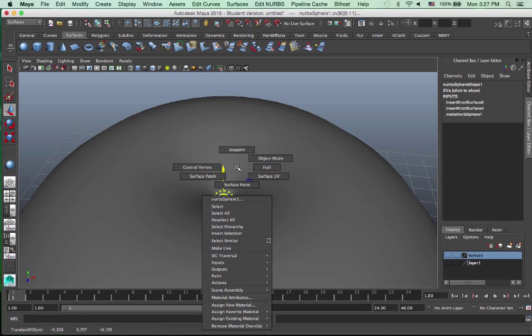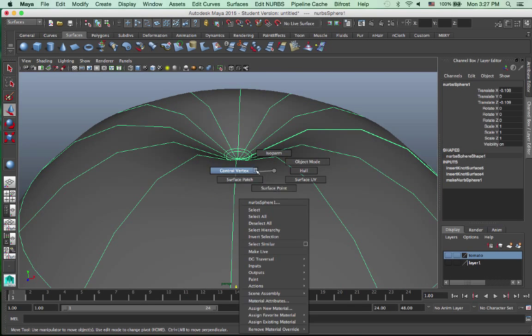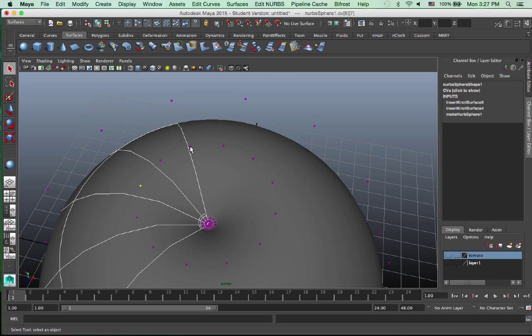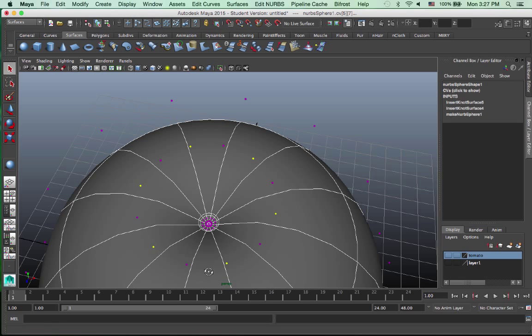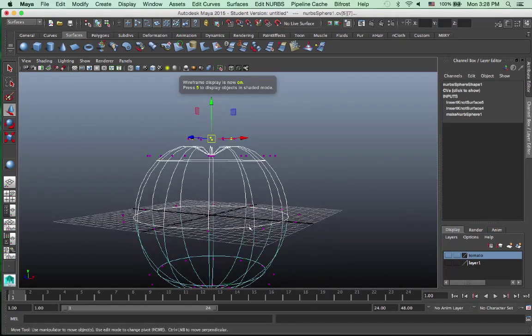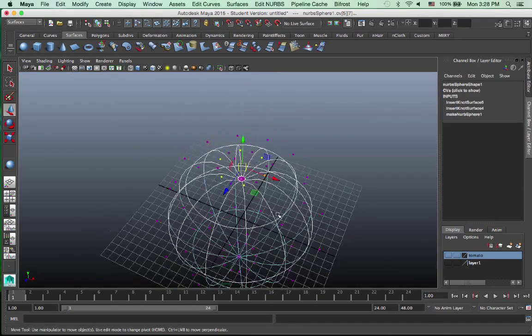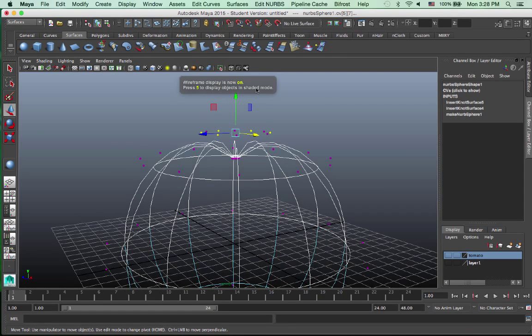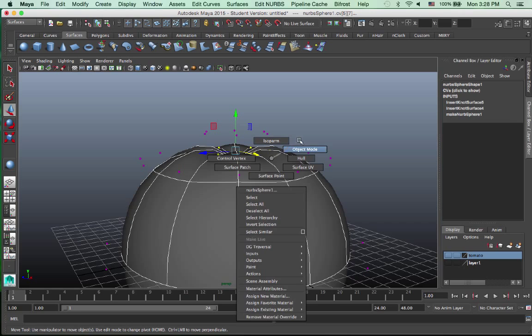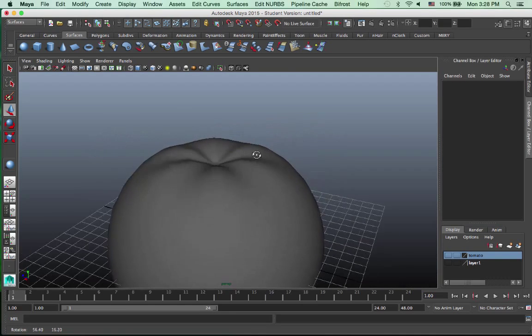Then I'm going to right click on the sub-object CV, control vertex, to further randomize these shapes, kind of like an apple in this case. Just pull them up or down. Okay, now that starts looking like an orange. We do the same for the bottom vertex.